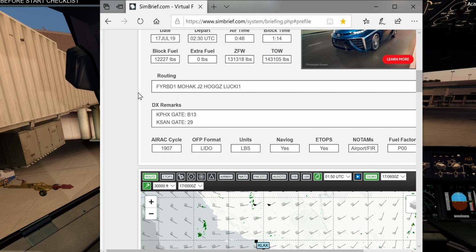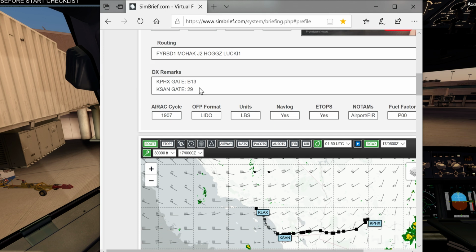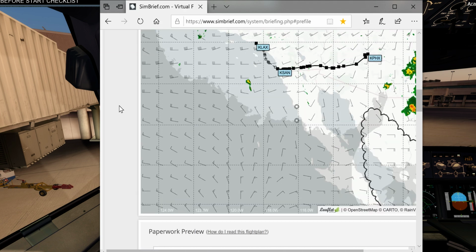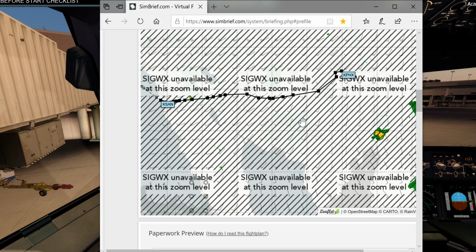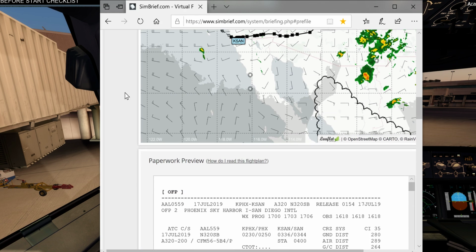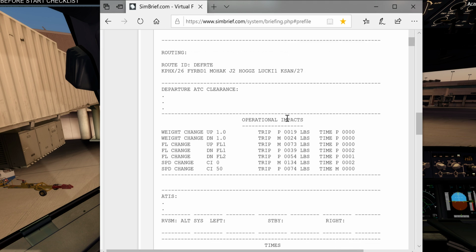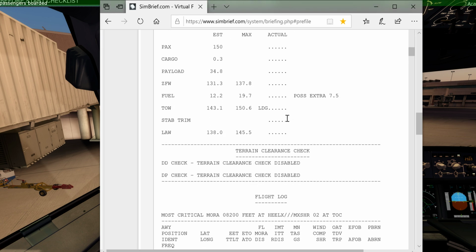We will brief that here in a second. Out of gate B13, it'll be a short taxi to runway 26. No real weather concerns for our quick flight this evening. We've got block fuel in now of 12,227 pounds, and that's adequate fuel for our...